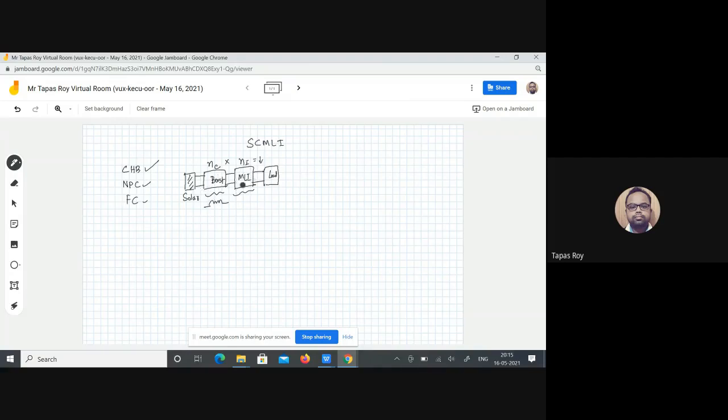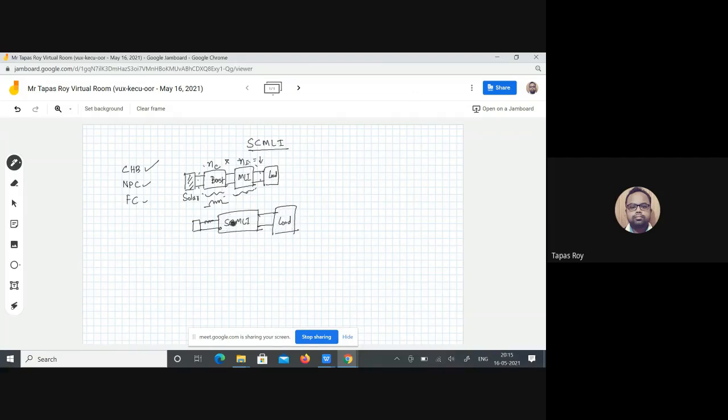So how do we incorporate these multi-level inverters with the boost converter? There is a new type of converter, the Switched Capacitor Multi-Level Inverter. These two modules we can consider as one single module, called SCMLI. We can connect the solar panel directly here, or connect a small inductor here, and after that the small Switched Capacitor Multi-Level Inverter. But this inductor is very, very small, and this is the load.